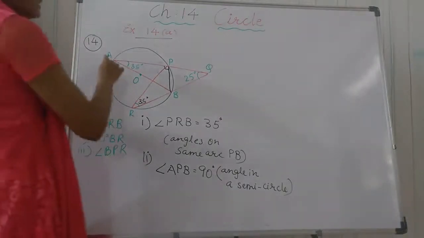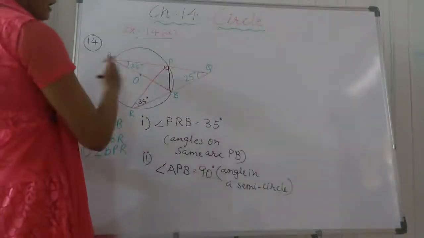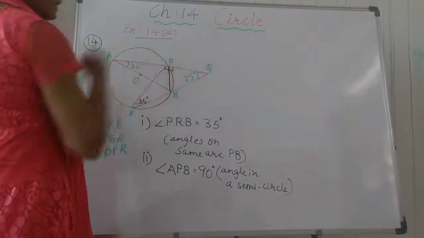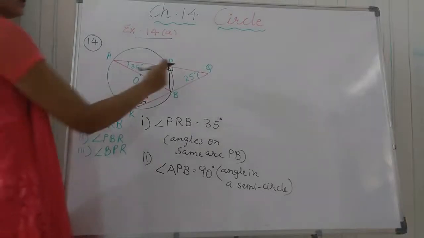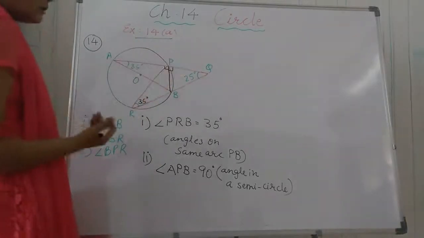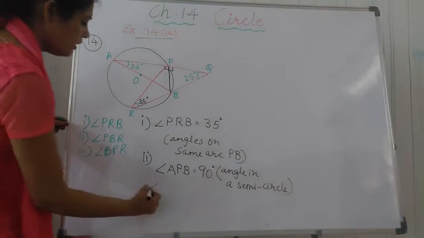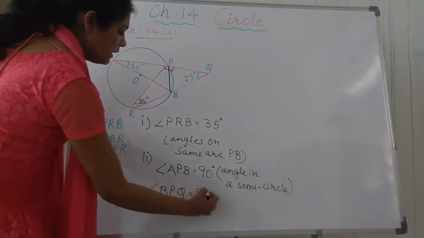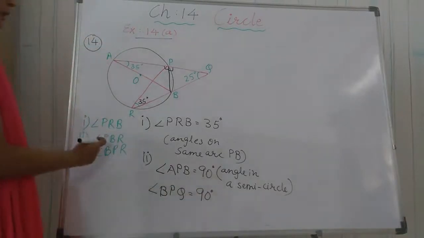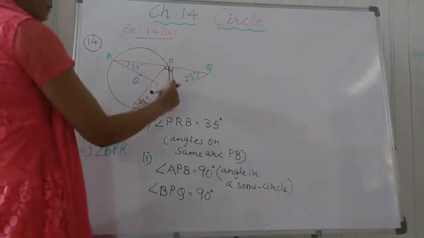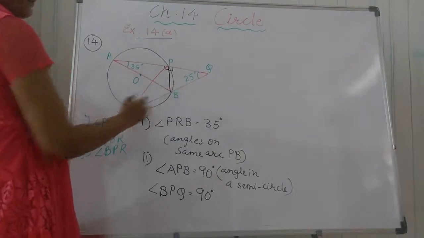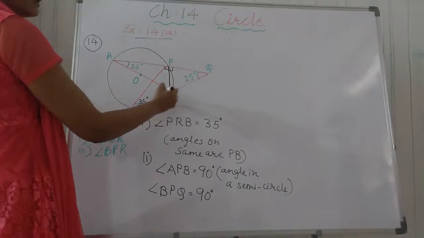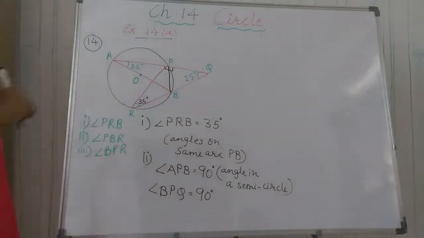Right? So now this is a straight line APQ and APB is 90. So what about BPQ? That is also 90 degree. Right? So these both are 90 because they lie on the straight line. So I am writing here angle BPQ is also 90 degree. Now what we want to find? PBR. PBR means this angle. For that, let me find first PBQ. If I find this, then this is also very simple by linear pair.